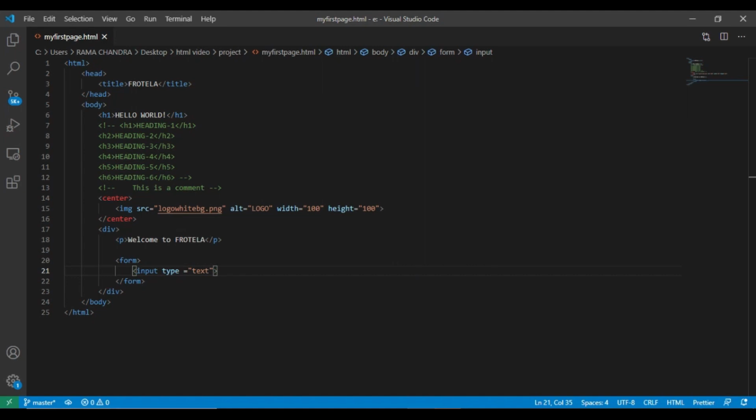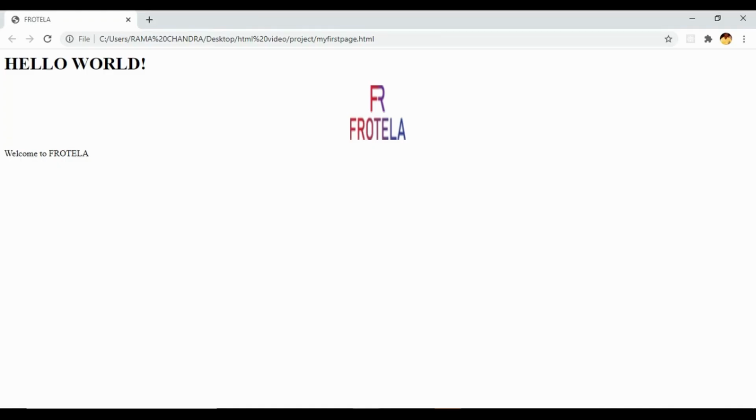Let us add a label for this text input. Label start tag and an end tag. Let me write it as name. Now let's save it and view how it is visible on the browser. Let's reload the browser. See, we got a text input field with a label name.